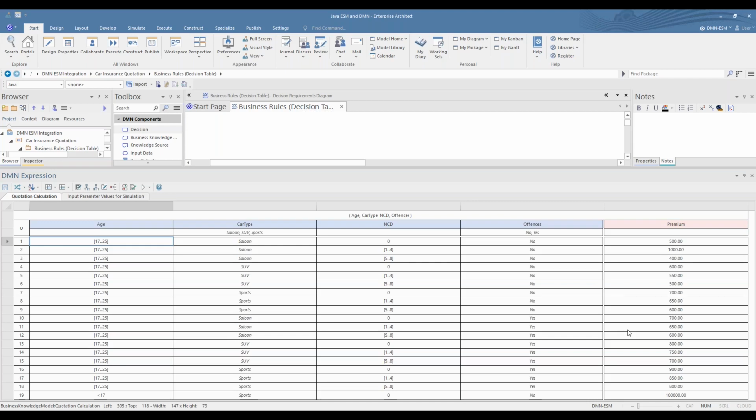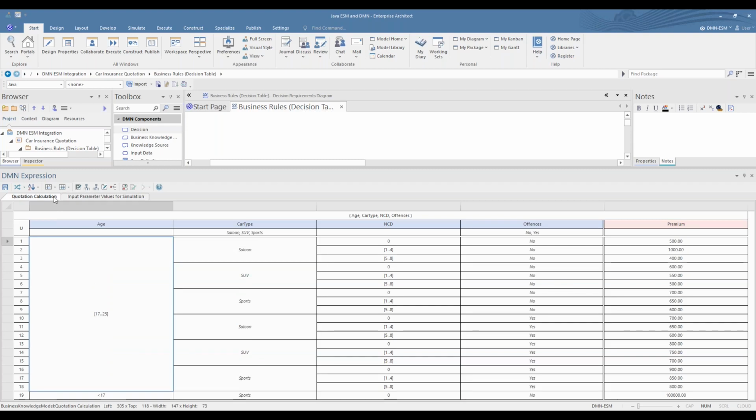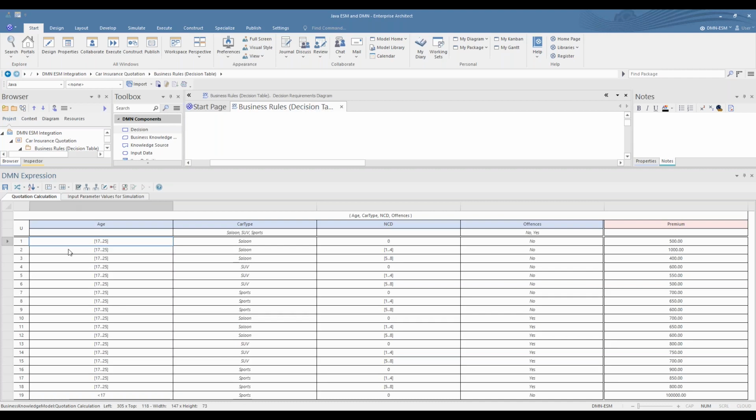Now, as a visual aid, you can, if you wish, merge the common rows using this little toolbar, and it makes it look like that. It's a matter of opinion whether you find that easy to read or not easy to read. I'll leave you to decide that for yourselves. It doesn't make any difference to the underlying decision table, and it doesn't make any difference to the actual execution or simulation.